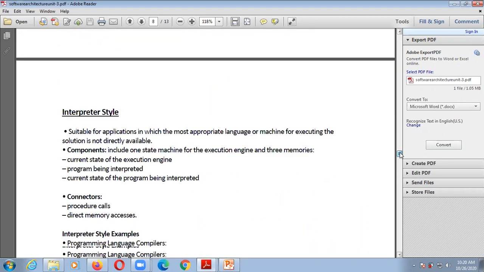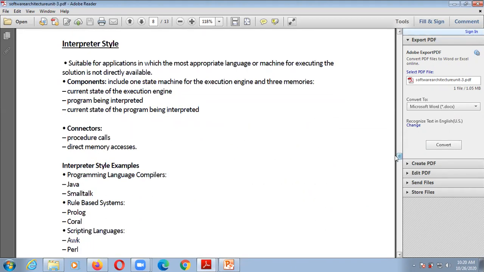Next one is the interpreter style. So what is the interpreter style? It is suitable for applications in which the most appropriate language or machine for executing the solution is not directly available. So whenever we are going to execute any program, the machine for execution is not available directly.